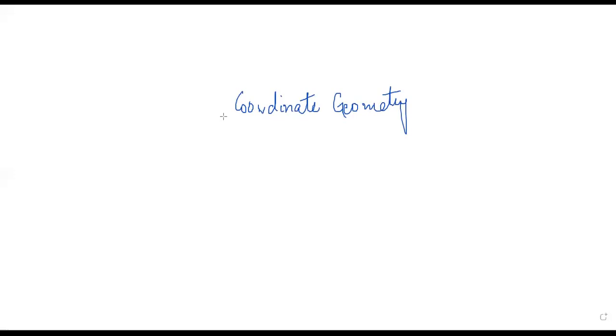So for coordinate geometry, the things you need to know is all about a line. When we talk about line,